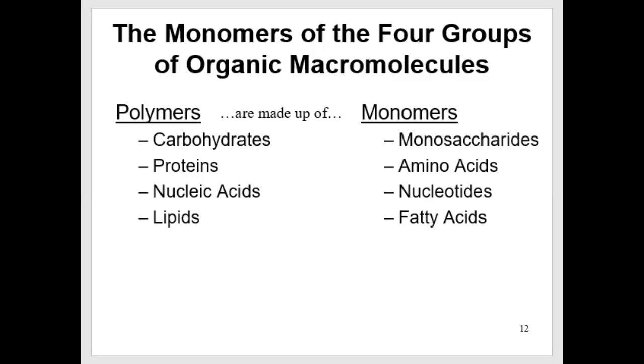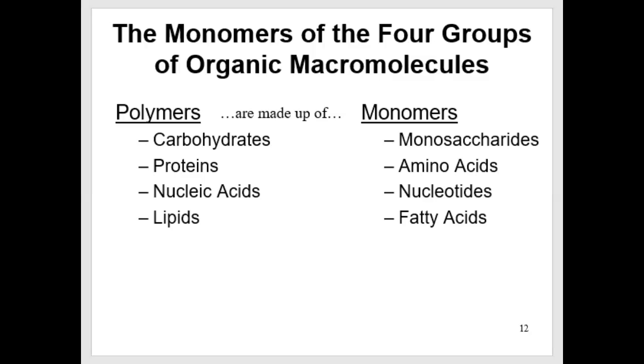But once you learn to recognize these monomers, a visual picture like we did with the functional groups, you'll know right away what type of compound or macromolecule a larger compound is. You'll know what you're looking at. If you can recognize the monomers, you'll be able to tell a carbohydrate from a protein, from a nucleic acid,